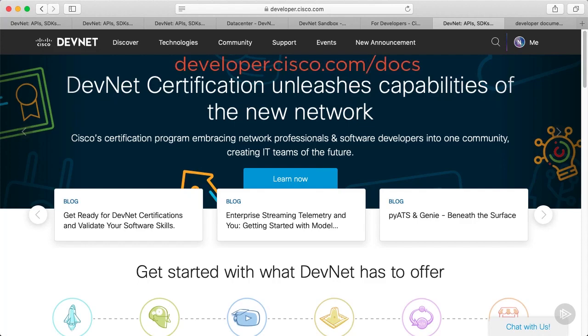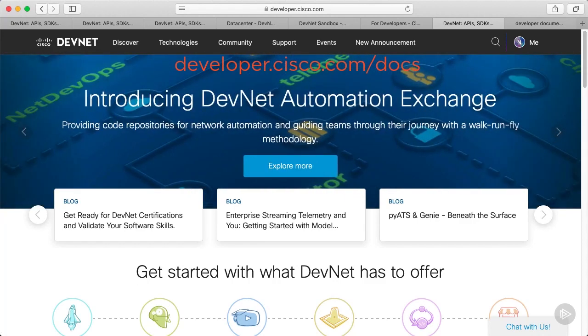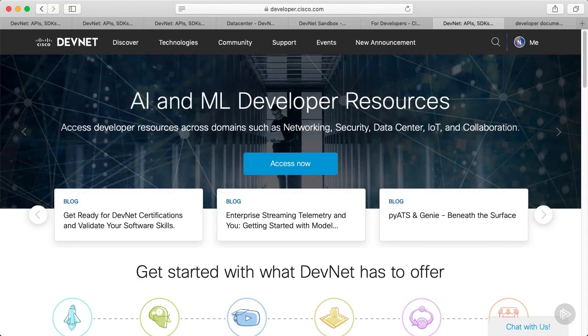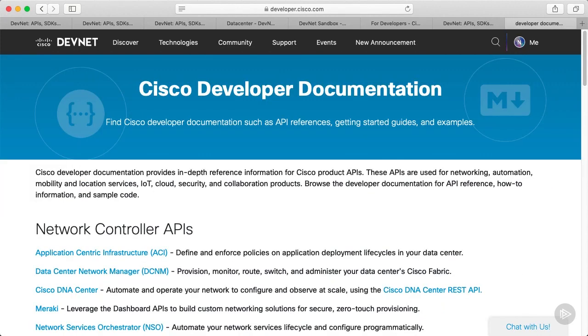I admit that I haven't found a great way to navigate to the API documentation using the web view, but if you just add /docs to the end of the homepage URL, it takes you to a well-organized documentation page. This page contains a no-nonsense list of links to relevant API documentation, something we will be using extensively in this course and future courses. Let's check out the Digital Network Architecture or DNA Center REST APIs.